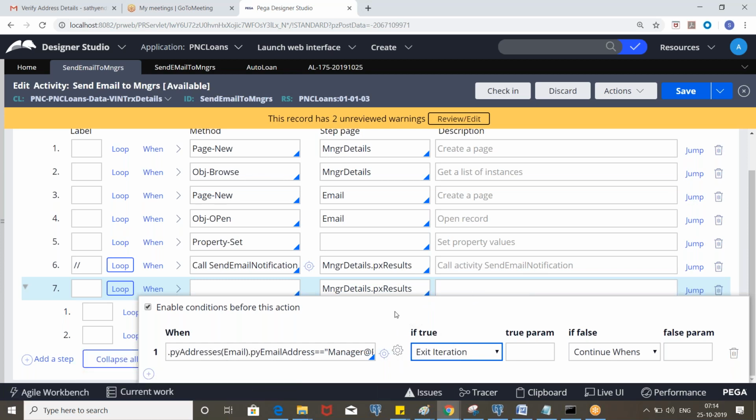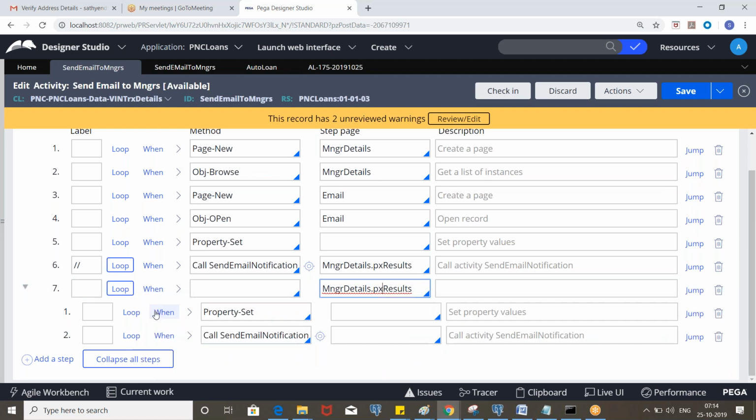Let's say the first page is loan officer 1, the second is loan officer 2, and the third is manager at the rate of PNC. While looping for the third time, it will not send an email, so it will exit from the iteration without executing these steps. So this is how we put the precondition.